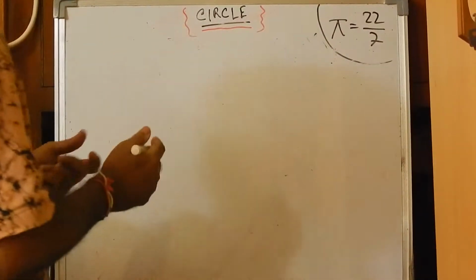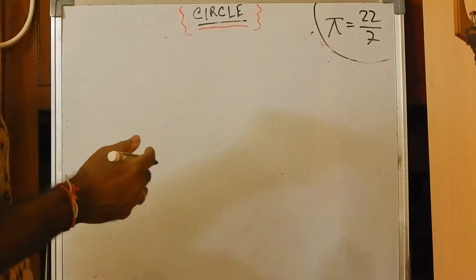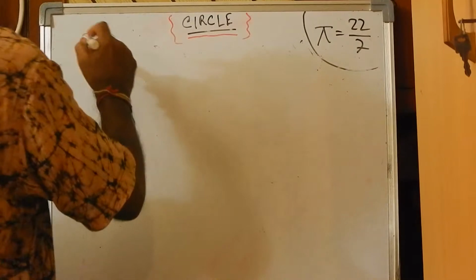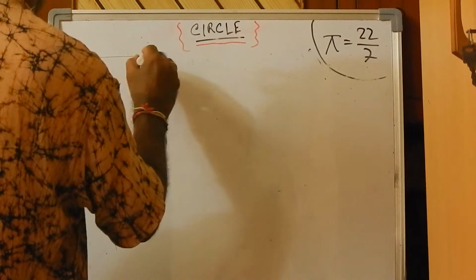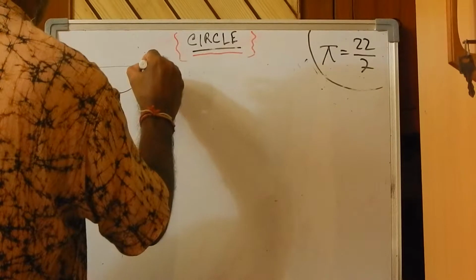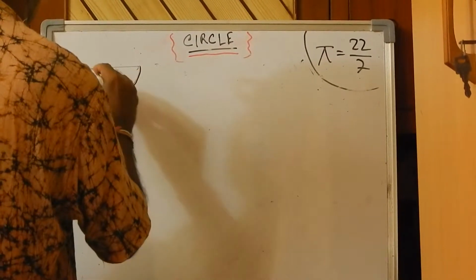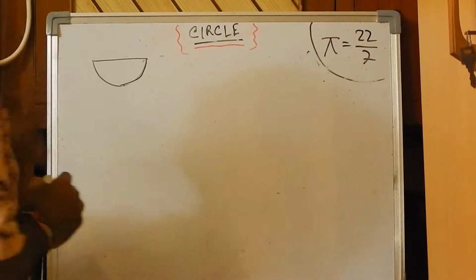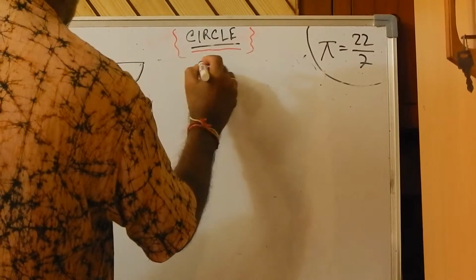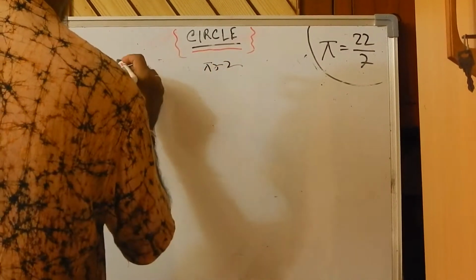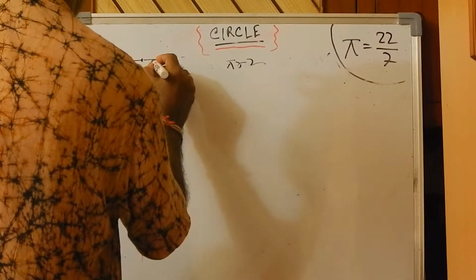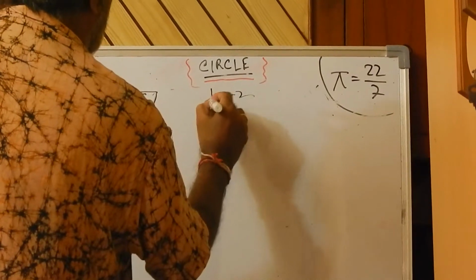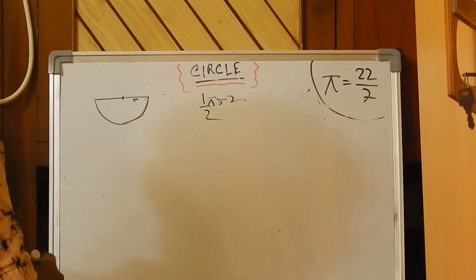Now, sometimes in some objective questions or tests of reasoning, some figures are given to find the area. So that's like a half circle. What is the area? Area of a circle is pi r square, where r would be given. So for a half circle, similarly, half pi r square.